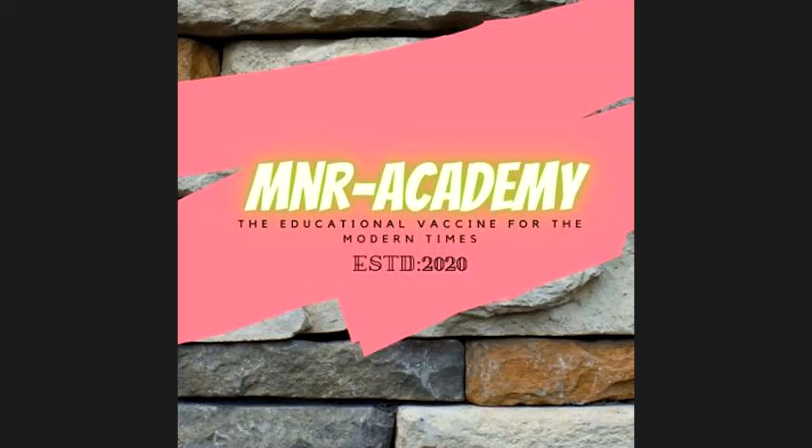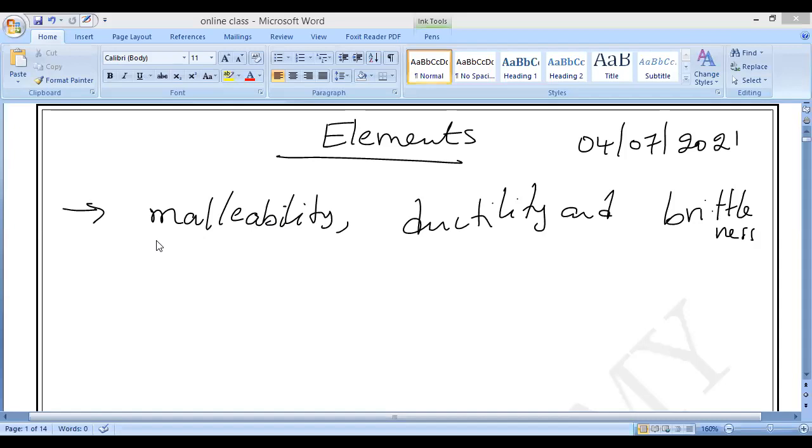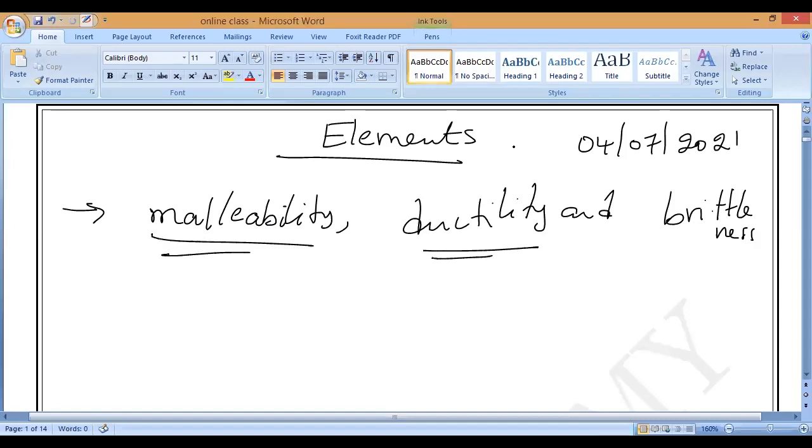Ductility, you must know. If you know the meaning of these terms, then you can understand what elements are easily. So what is the meaning of malleability? Sir, malleability means we can make it into sheets. Yes. Okay, so now I will teach you. You have studied this in lower classes, but again I'm saying it. If you know the meaning of these terms, then only can we enter into our matter called element.